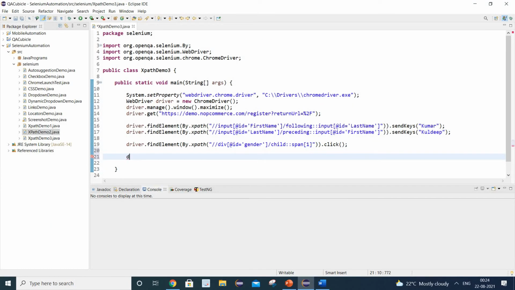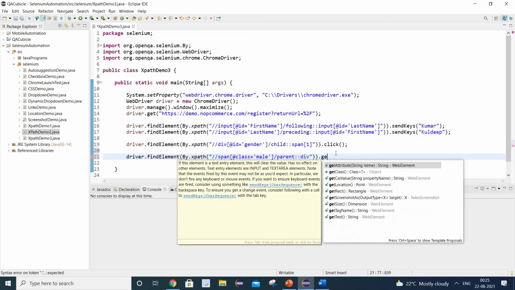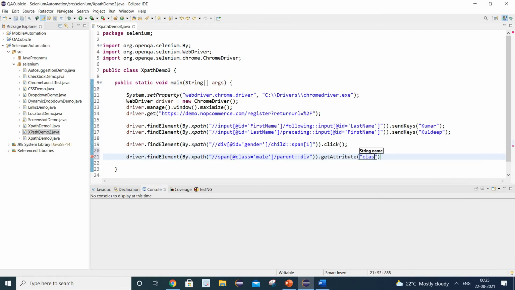So let's write driver.findElement(By.xpath), and let's get the class for this particular web element. I will write getAttribute with class, and print out the class for this web element.